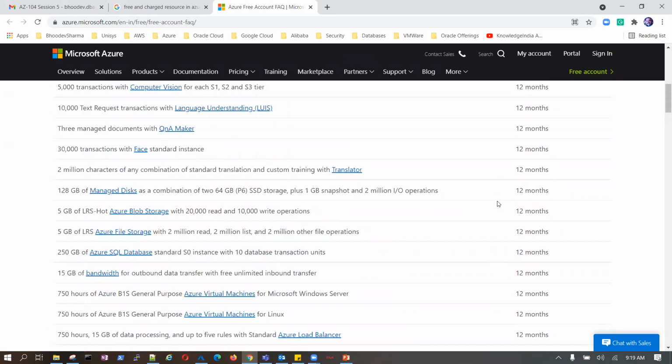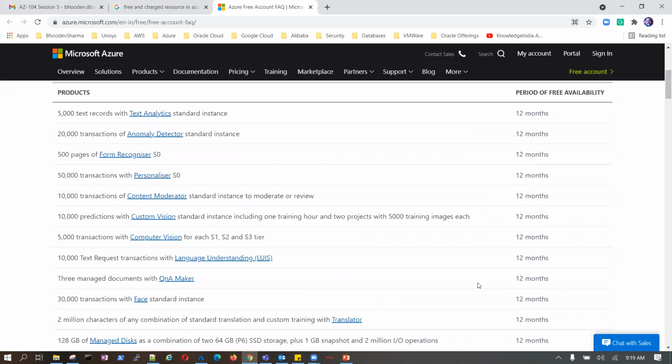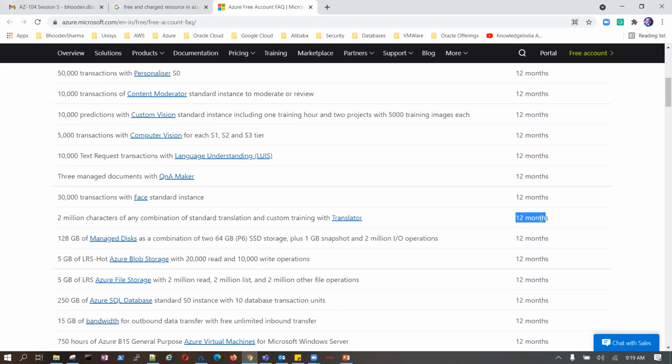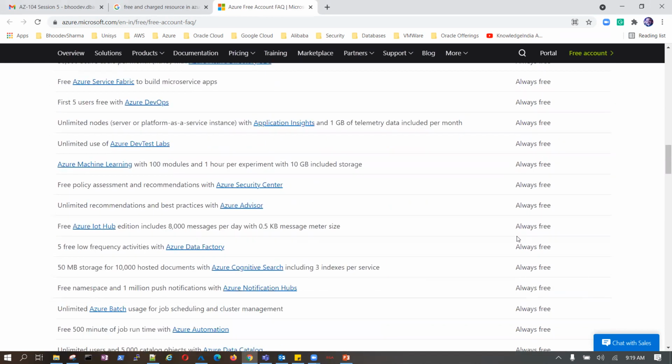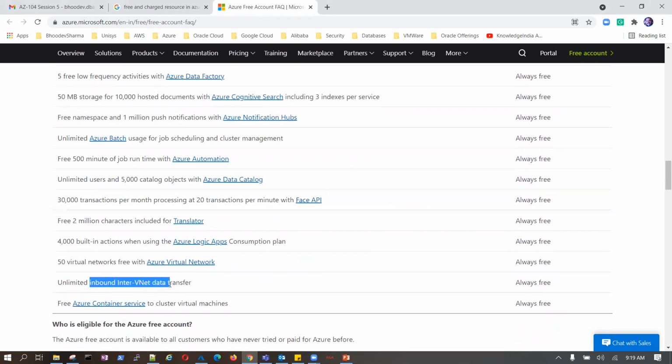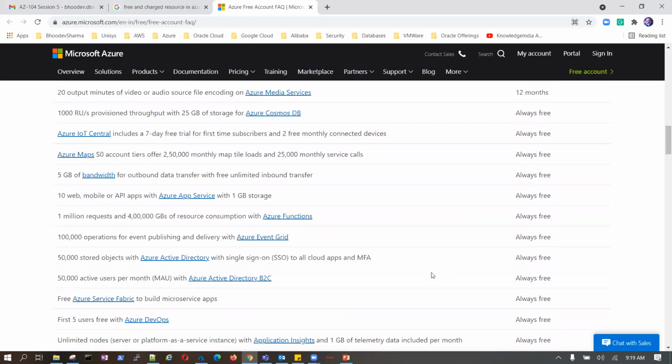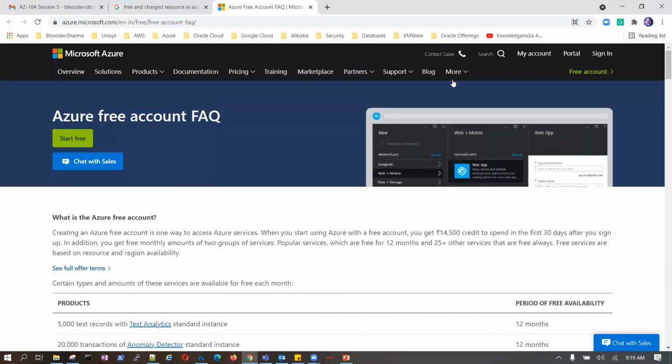When we say free for 12 months, what is free in 12 months, and that you should not consume everything within a month. And what is available free always. If I take the example of a virtual network, we will never create more than 50 virtual networks in our learning environment, so it becomes always free. Please use this link.